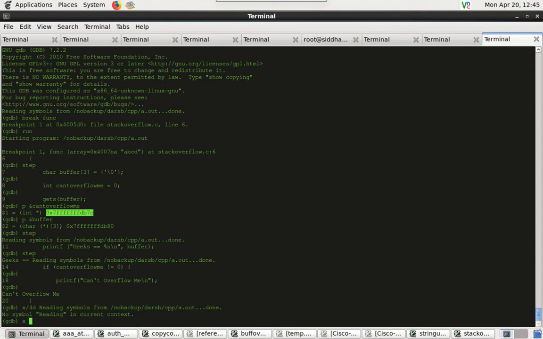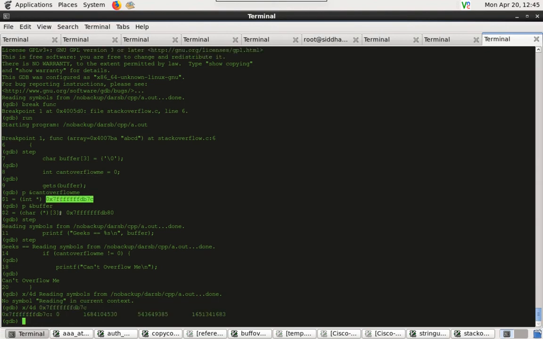Sorry, 4D. So if you look into the memory of the variable can't overflow me, it's all same.